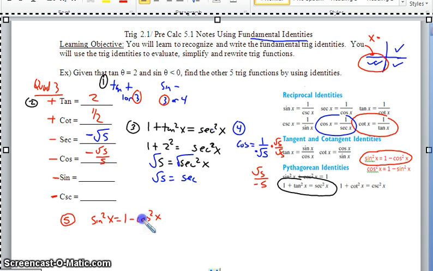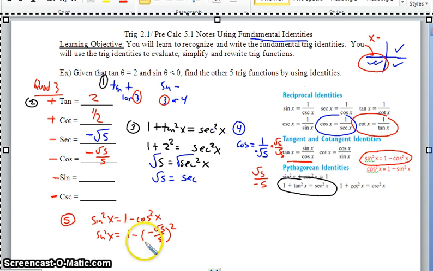I could have used other identities. That's just the one that I chose. I could easily have used the tangent identity, taken the tangent, plugged that in because I know it, plugged in the cosine because I know that, and then solved for the sine. But this way I only have to use 2 identities instead of 3. So the sine squared is what I'm trying to find. Really, I'm just trying to find sine. And I can plug in the cosine